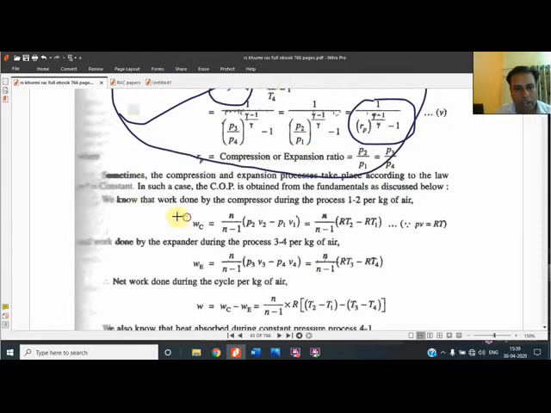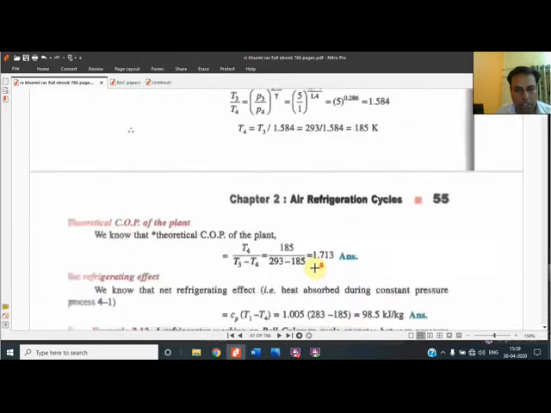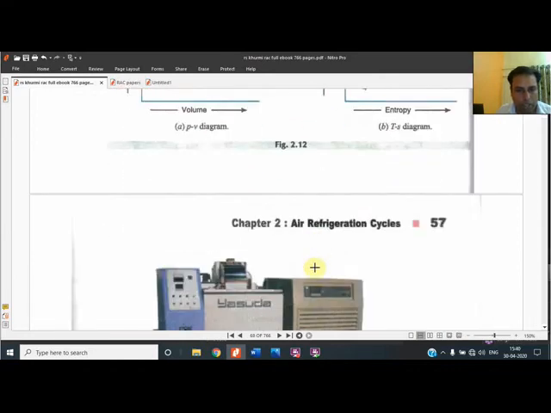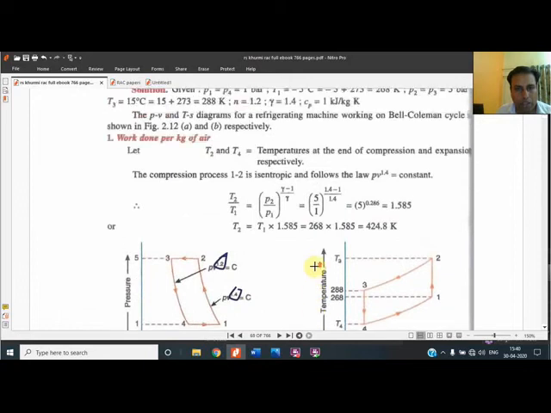And for the second, the derivation step, that is WC, WE, we will have to use this, because in both the cases the N is different. So the steps of derivation will be used to determine the COP, because in this case neither the first nor the second formula will be used. In this case we have to use the steps.